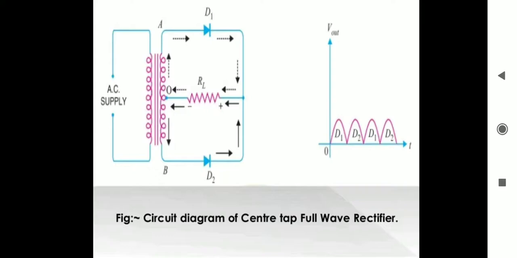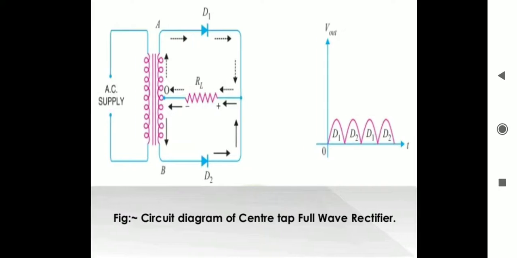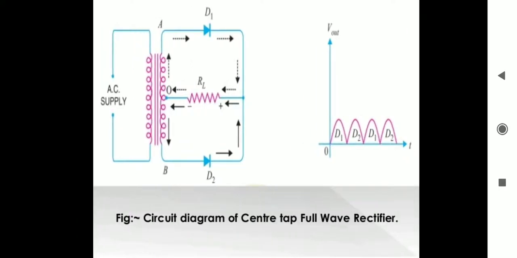A center tap transformer is a normal transformer with one slight modification. It has an additional wire connected to the exact center of the secondary winding. This type of construction divides the AC voltage into two equal and opposite voltages, namely a positive voltage and a negative voltage. The output voltage is as shown in the figure.